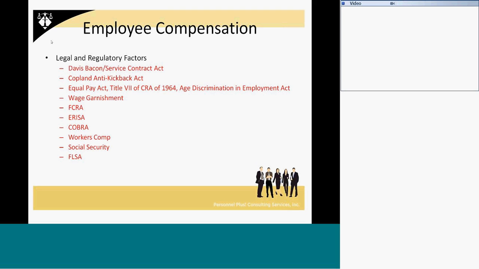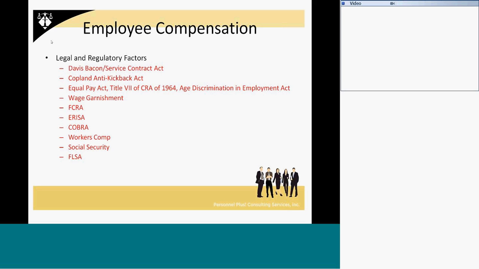It'll also tell you what benefits you must offer, or alternatively pay a certain dollar amount for liquidated value of benefits like insurance and holidays if you don't offer those benefits. So basically, Davis-Bacon and Service Contract Act set minimum pay and minimum benefits for workers that perform services for the